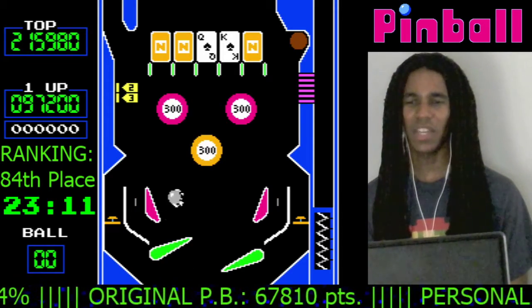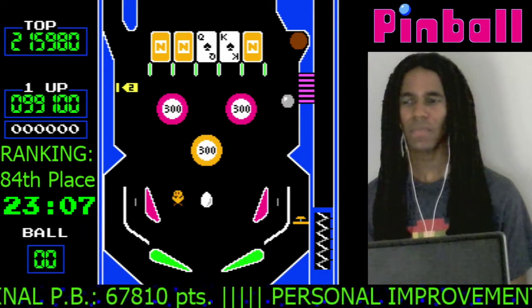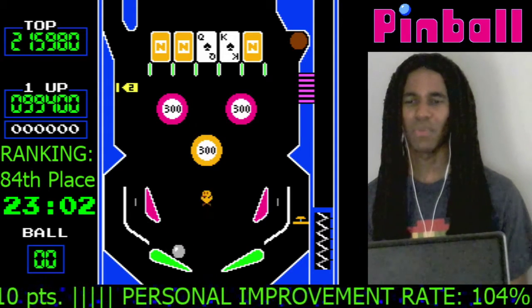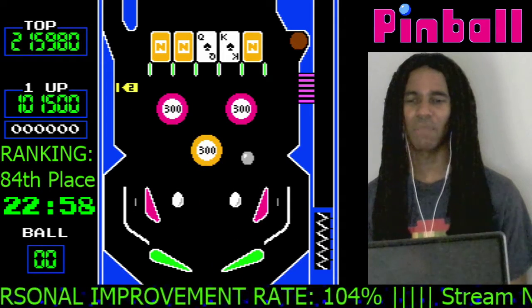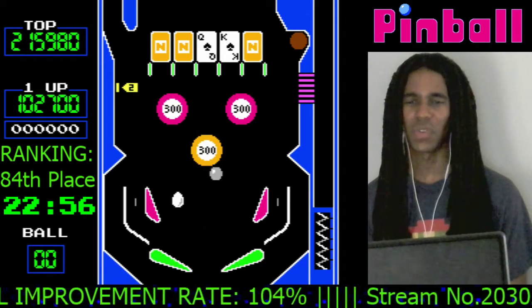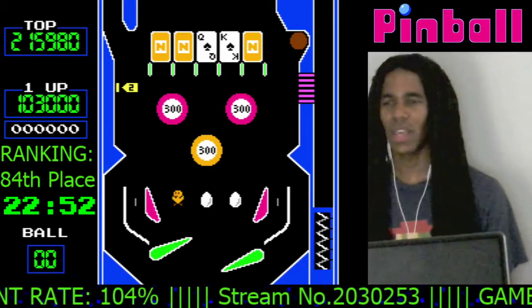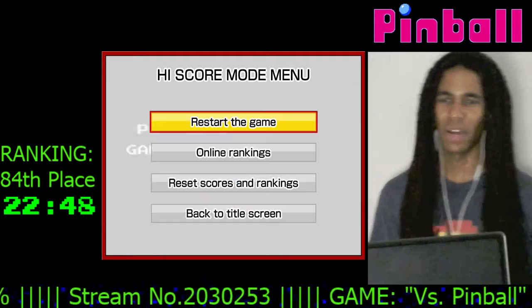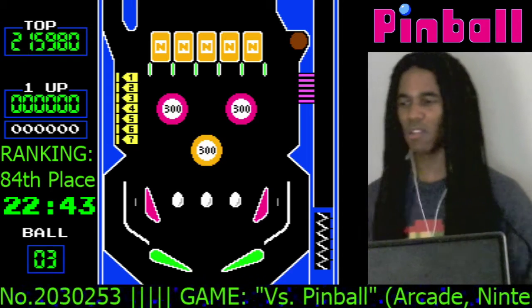Now, in the emulation, there's a pause feature. I'm playing this on Nintendo Switch, by the way. There is a pause feature, but the thing about that pause feature is that in regular mode, you can stop the game and resume. In high score mode, which is the mode where my scores will be added to the, okay, I missed taking the screenshot of that one, but in high score mode, my games are added to the global leaderboard,